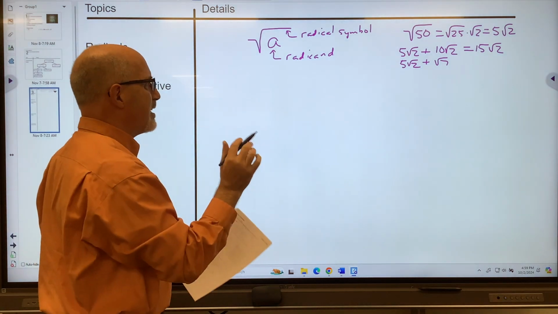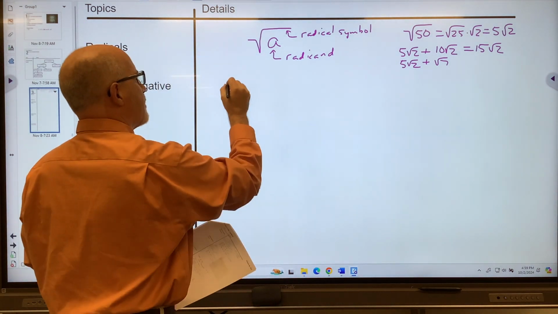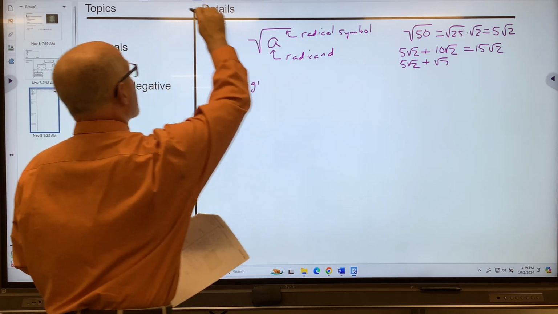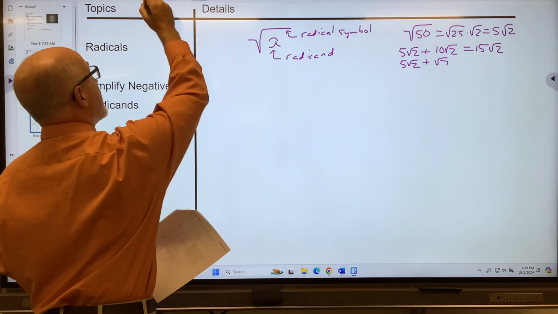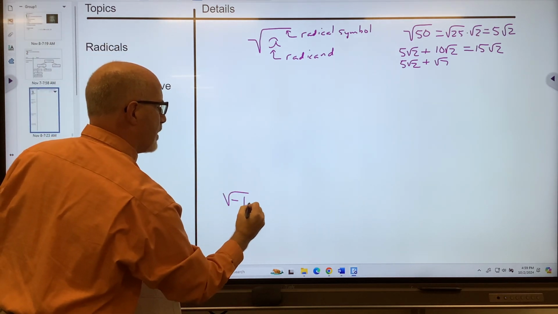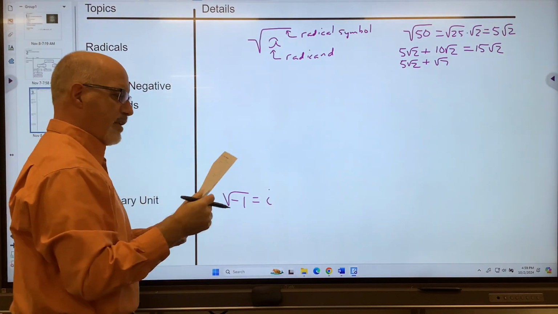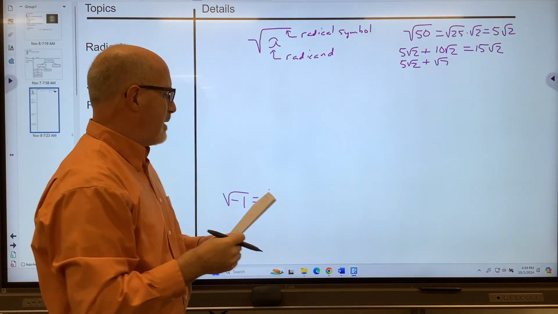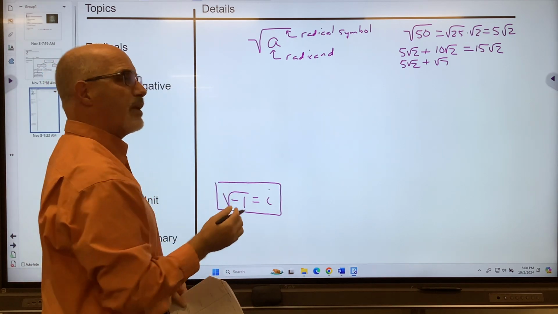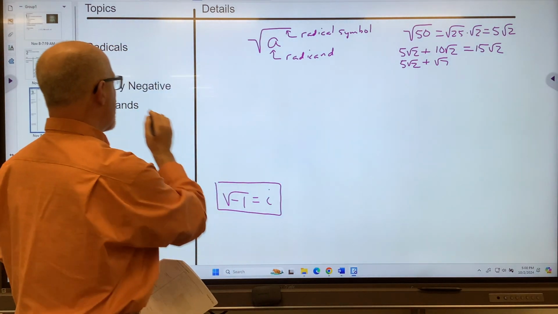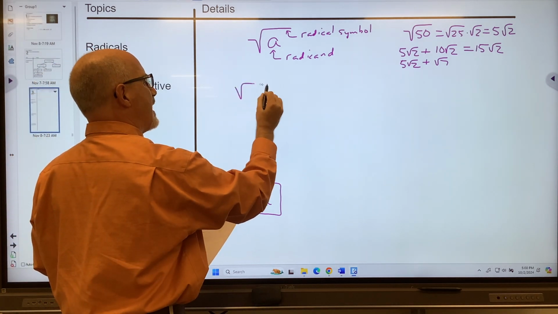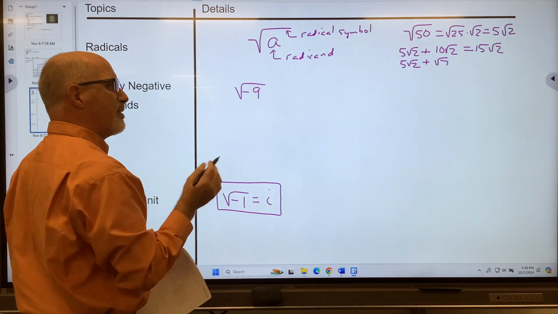So the key to this is that imaginary unit. I'll add this down here. Our imaginary unit here is going to be the square root of -1 is going to equal i. So we're going to use that idea because what we'll do is take this and apply it to working with negative radicals. So simplifying negative radicands, if for instance you have the square root of -9, okay, there's a negative